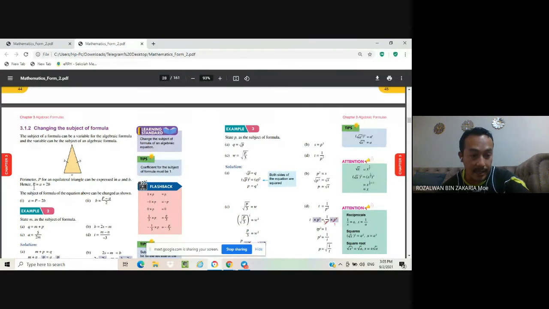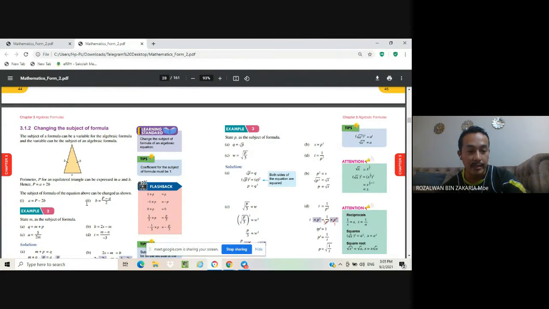That means here is P minus 2b. This one will become P minus 2b equal to A plus 2b minus 2b. Okay, so 2b minus 2b becomes 0. So here is already A, then equal to P minus 2b. Here is the answer. So that's why here we have A equal to P minus 2b.